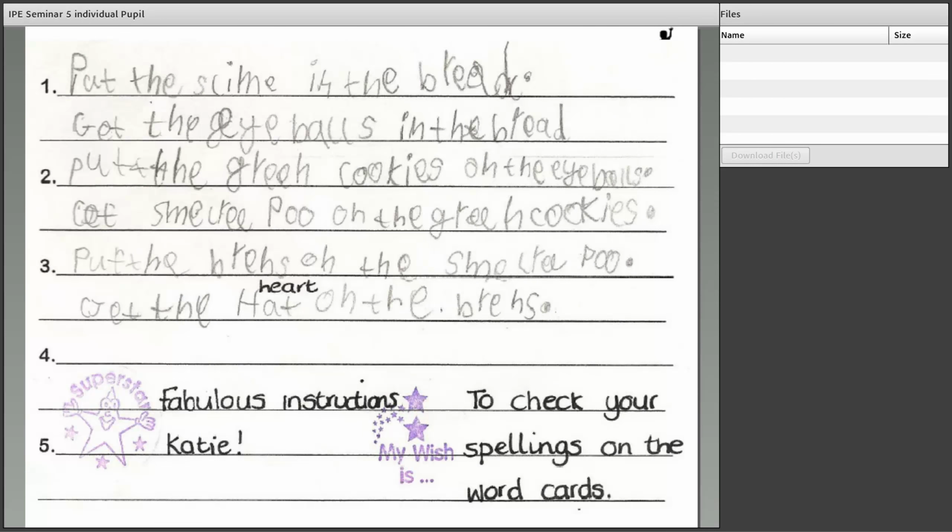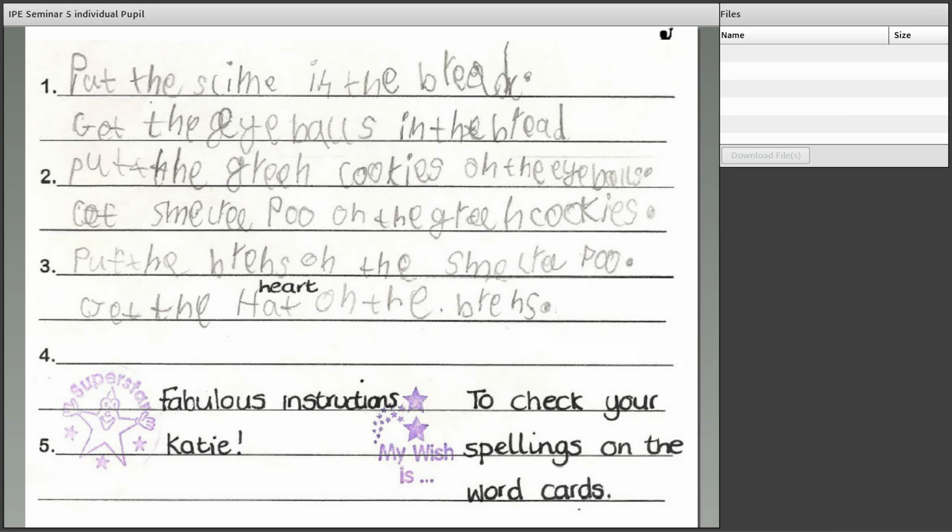And if we have a look at Katie's writing, you can see that she's understood that the verb has to go at the beginning of a sentence. She has used the present tense. "Put the slime in the bread, get the eyeballs in the bread." She's mostly put full stops at the end of those sentences as well, and capital letters at the beginning,